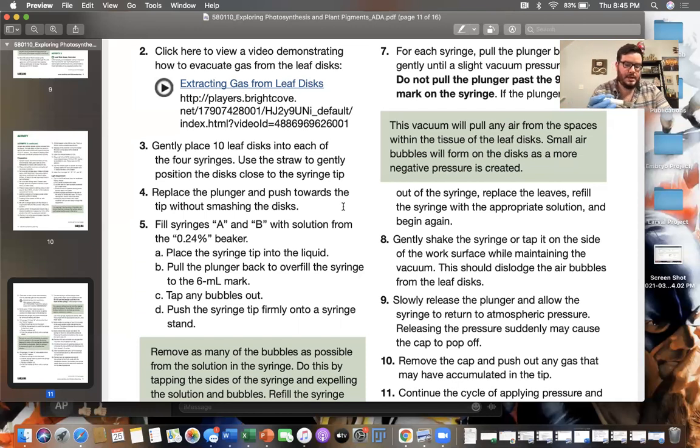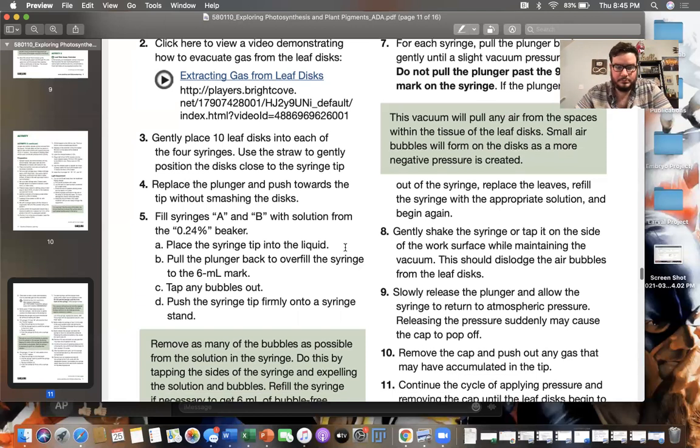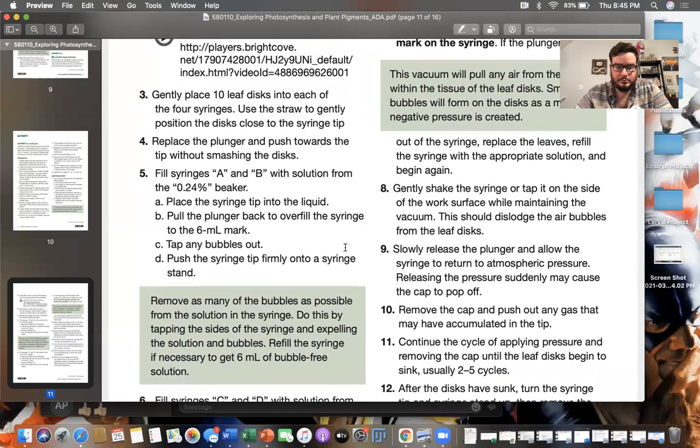Okay, if we see any bubbles, we'll tap that out. But you notice our leaf little cutouts are floating. Okay, trying to get as many bubbles out as we can. All right, so push the syringe firmly into the syringe tip. Pop it on. Just make sure that we are bubble free real quick because there was some bubbles in there. So again, tap out the bubbles,